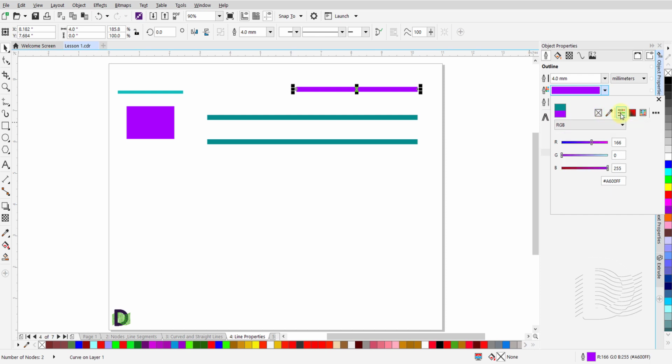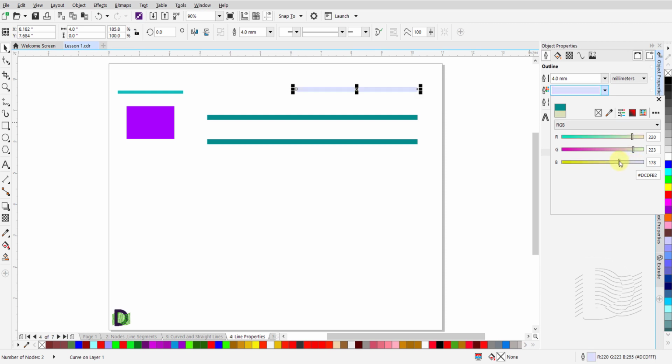Next are the color sliders. Click on this black triangle to open the drop-down menu. Here you can make your choice of RGB, CMYK, etc. as your choice of color palettes. I have RGB. You can use the sliders to adjust your reds, greens, and blues to achieve the precise color you want.